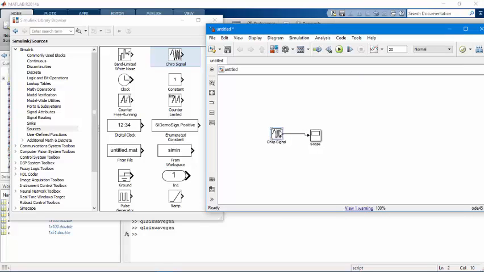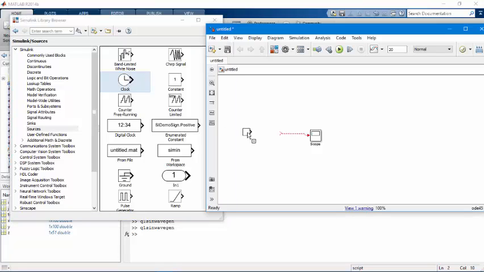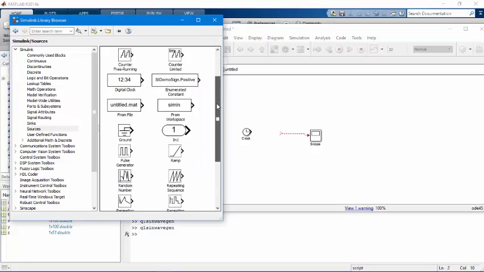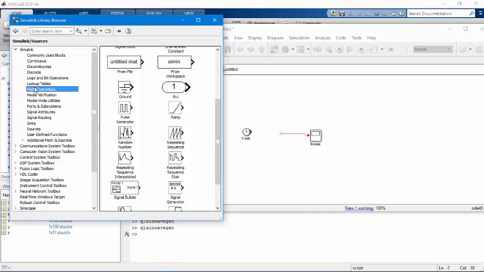Now let's build our own chirp signal. What we need is a basic understanding of how frequency is varying. Frequency must be a function of time if it is varying. So it is sort of sine of omega t, where omega is a function of t. The clock represents the t variable. Since I want to linearly vary the frequency,